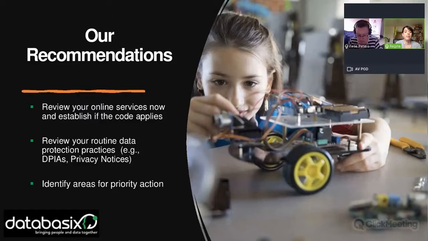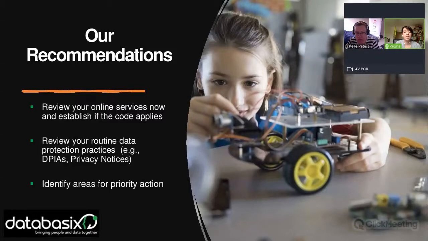And particularly, again, if you are working with children, this is something that would hopefully be part of your routine processes anyway. Look, as I said, at your privacy notices. How are they phrased? Could they be improved in any way? Are they reflective of what you do if you haven't reviewed them for a while? And then think about running them through